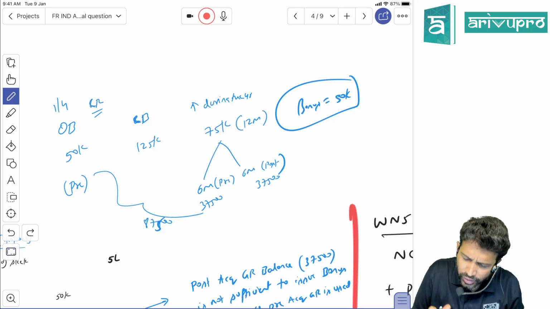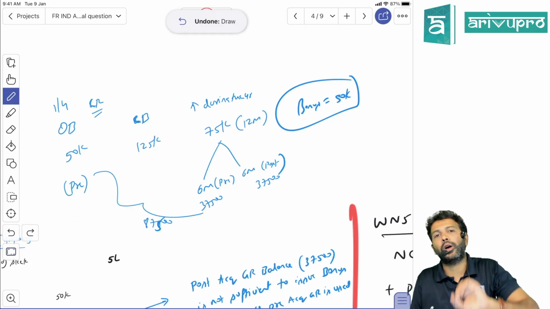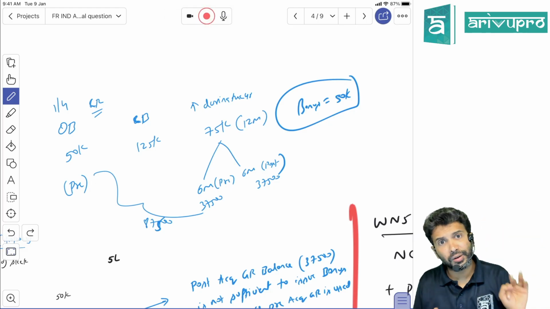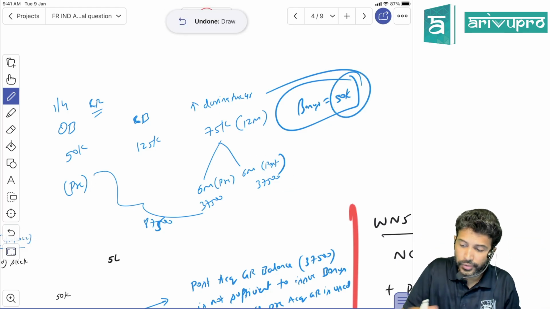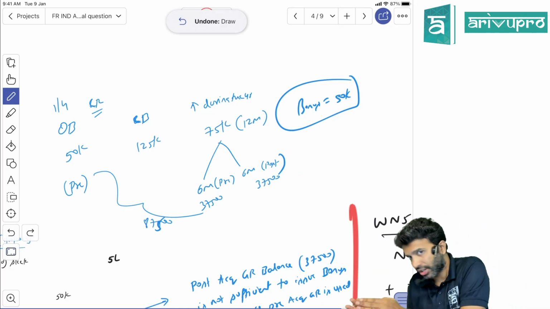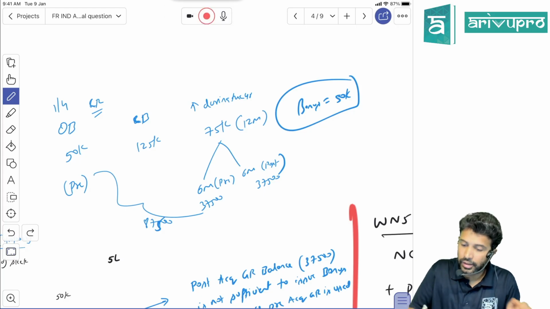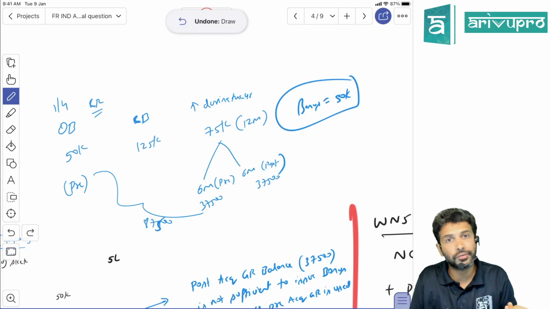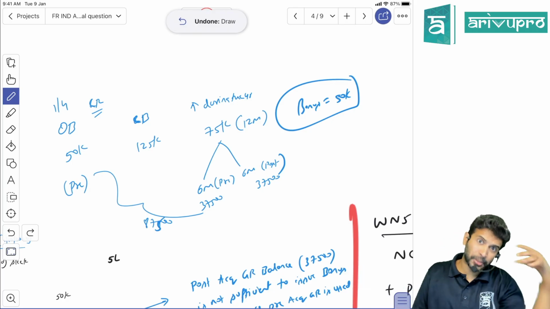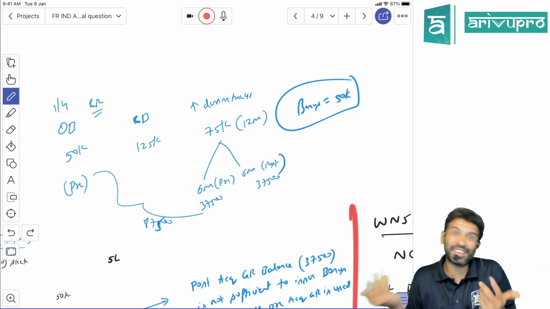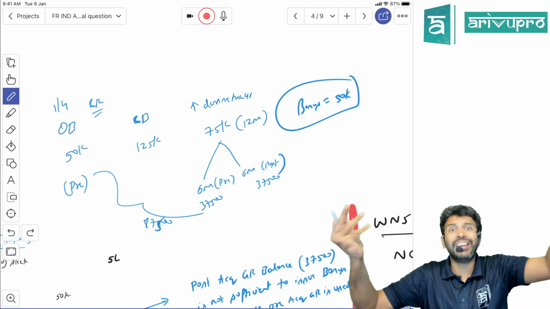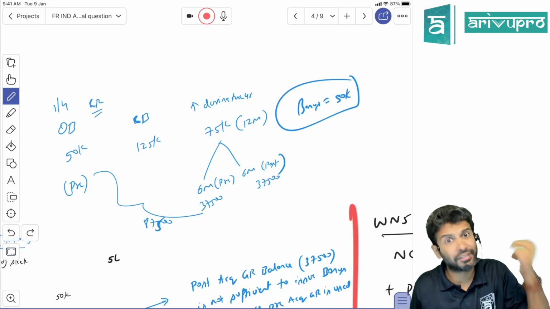You can make various assumptions. One, you can assume that the entire 50,000 was given out of only pre-acquisition general reserve, which is valid. Second, you can assume 37,500 out of this 50,000 bonus was used out of post-acquisition general reserve, and for the balance 12,500 we used pre. Or another student can assume 50% pre and 50% post. Another can assume 80% pre, 20% post. Because of lack of data, any assumption is right.